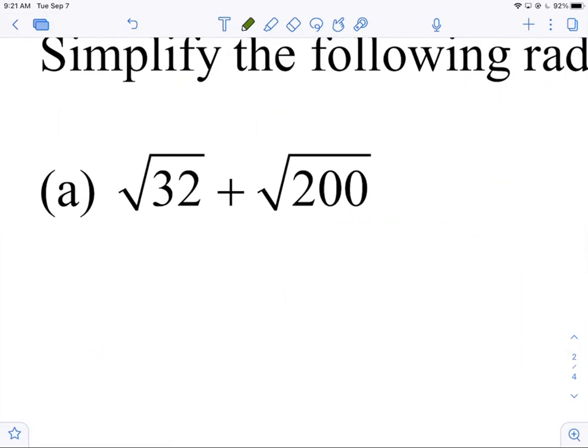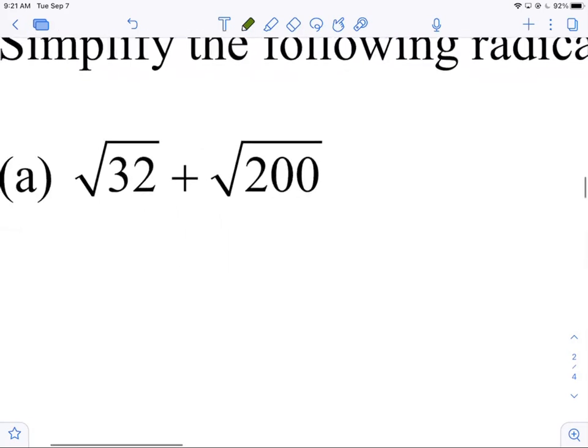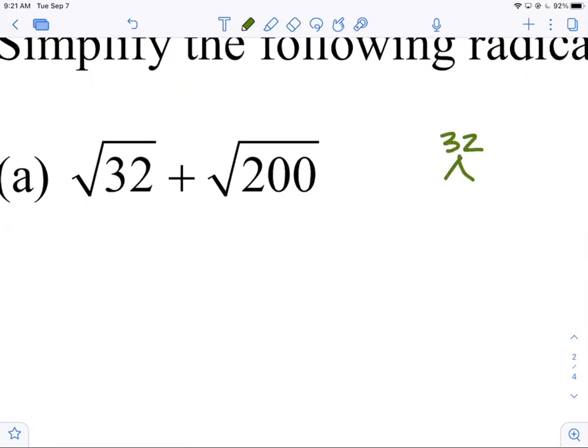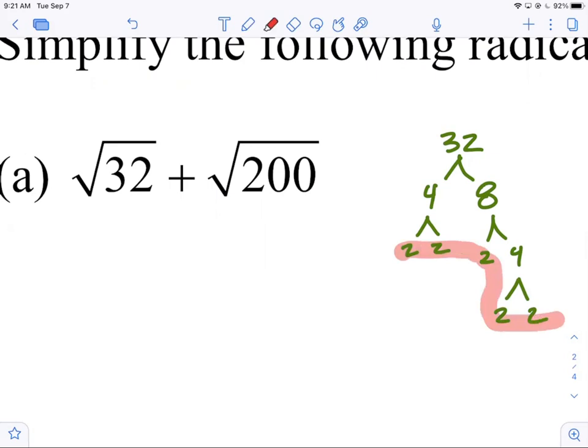So how would I simplify the square root of 32 if it's not a perfect square? Try to get that as much as possible. Right. And we've seen this one before, right? 32 is 16 times 2. 16 is a perfect square. So just to review, remember, if you can get the prime factorization, and let me do this as 4 times 8, 2 times 2, 2 times 4, 2 times 2. If you can get the prime factorization,